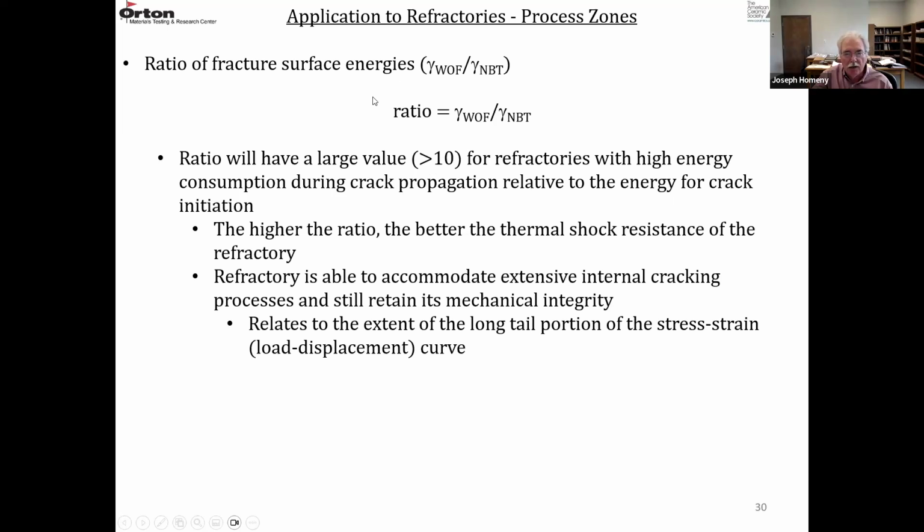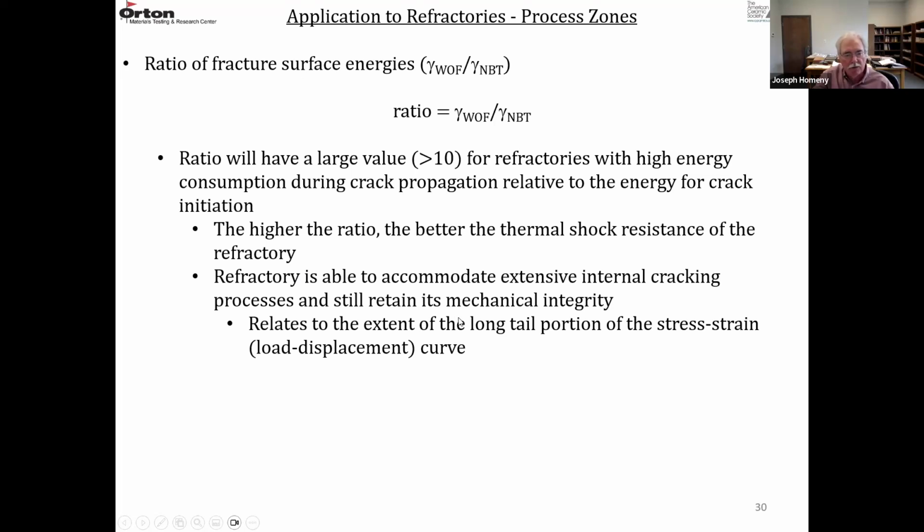So that's going to have high thermal shock resistance anytime that ratio is greater than 10. So the higher the ratio, the better the thermal shock resistance. So that then the refractory is able to accommodate extensive internal cracking and still retain its mechanical integrity. It doesn't have to be strong, it just has to maintain its